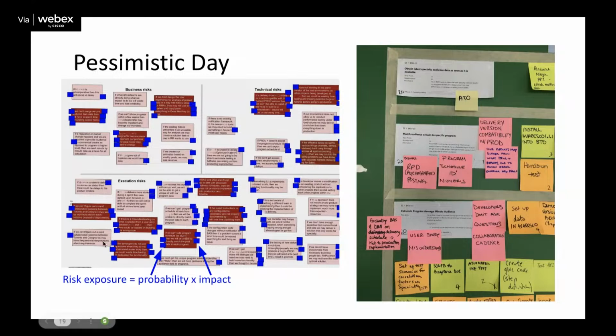If we're dot voting, people can dot vote on the risks that they think are most highly likely. They dot vote on the left. And the ones that they think are the most impactful, they dot vote on the right. And they try to ignore what's on the left when they're doing what's on the right, and what's on the right when they're doing what's on the left. So forget about the impact when you're thinking about probability, only think about probability.